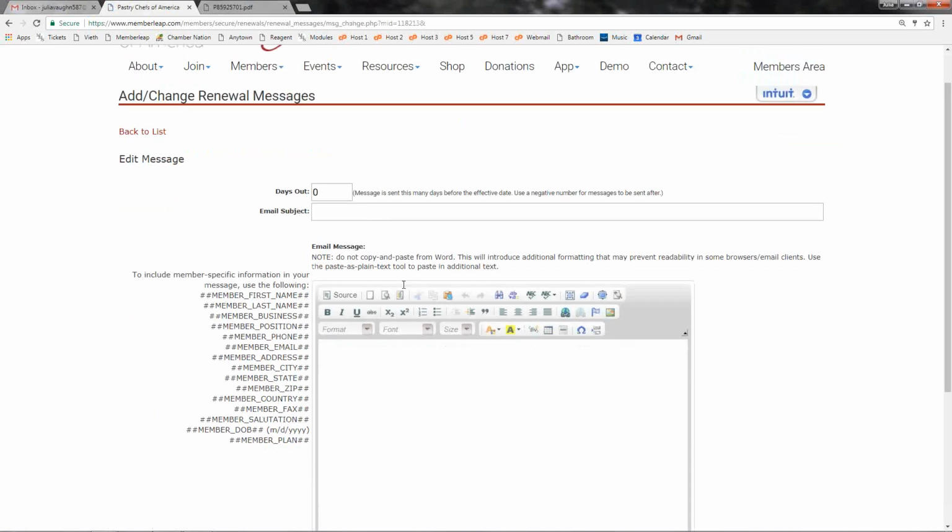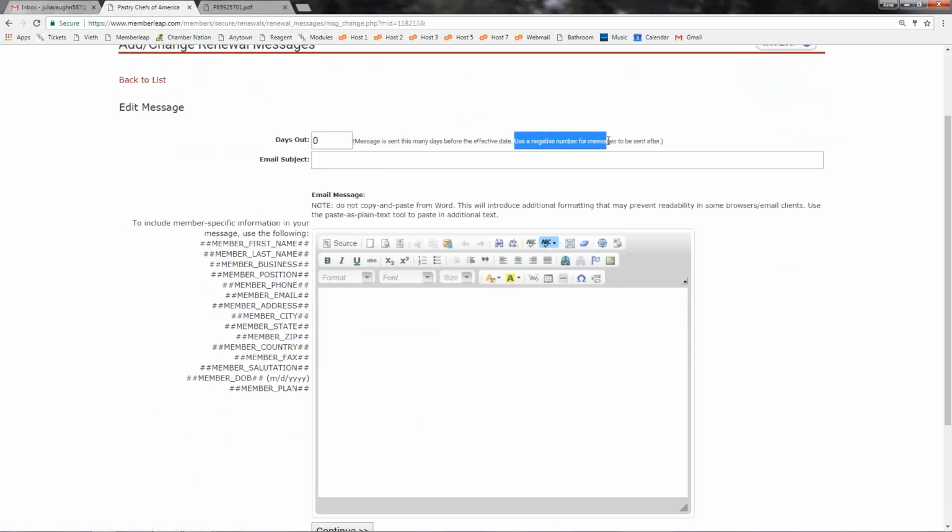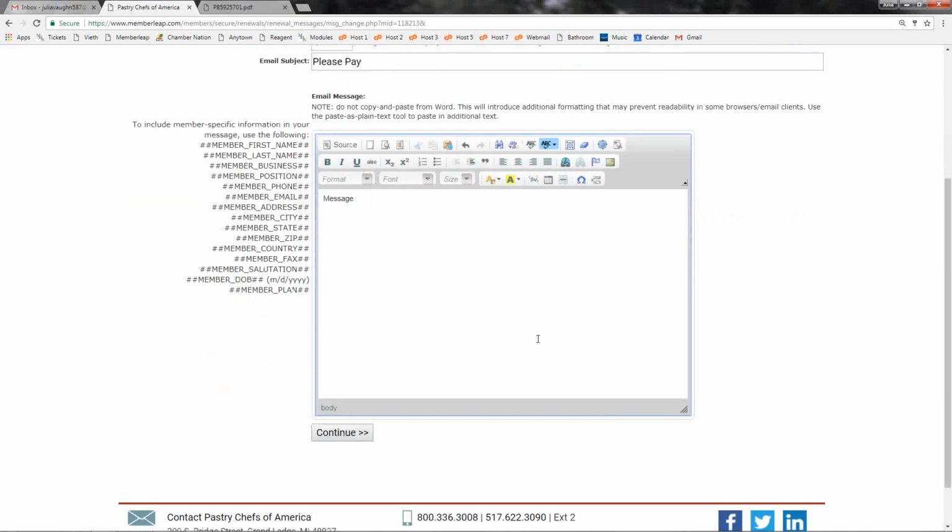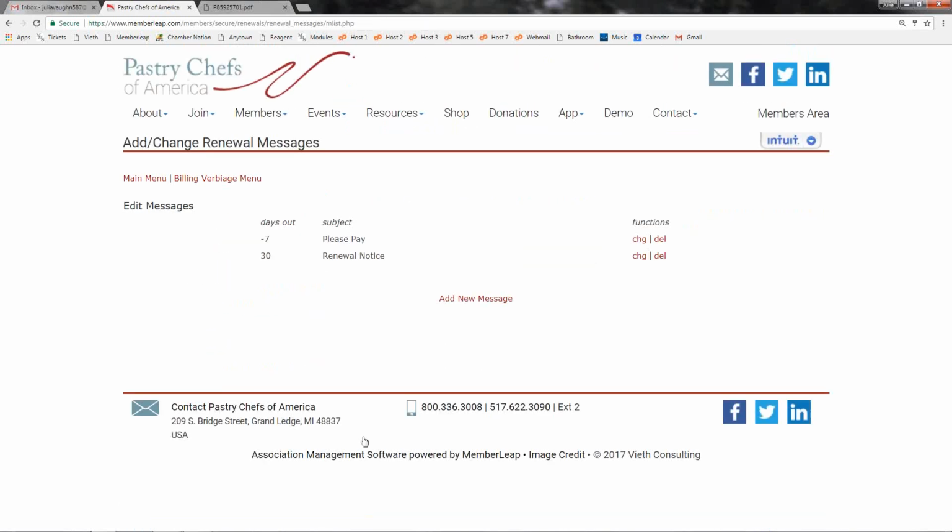If we add another one real quick, you can also see that you need to use a negative number for messages to be sent after. So say my invoice was effective as of November 1st, but a week later it's still unpaid. We can set up a notification to go out 7 days after by doing a -7. We could set up as please pay, and then enter another message to our members here. This option allows for a bit more